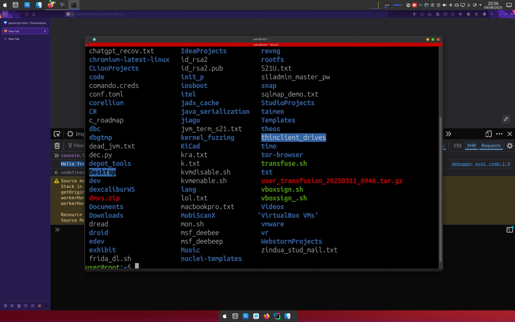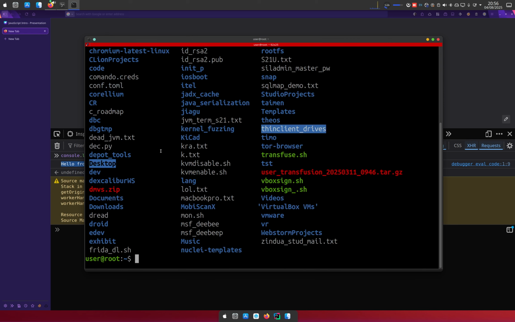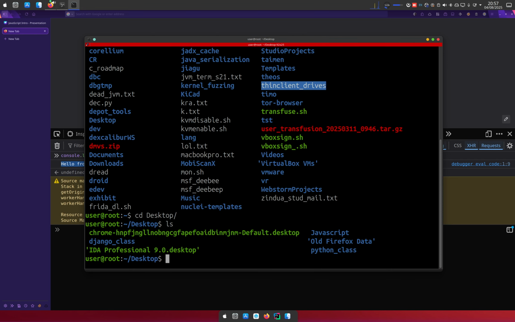Yeah. So long as when I run the ls command, which basically means list, if I'm able to see a folder or a file, that means I can be able to interact with it. So I'm just going to cd, which means change directory, and change it into desktop. So you can see I have successfully moved inside desktop. Let me list again to see what is inside desktop. I have all these things, and